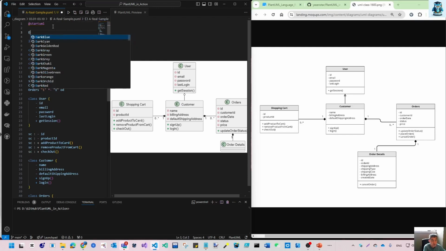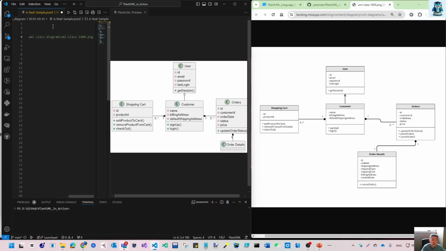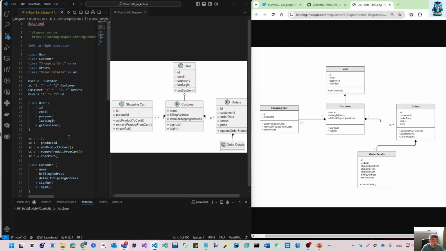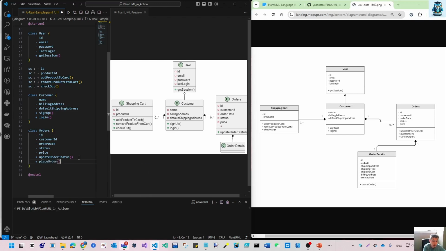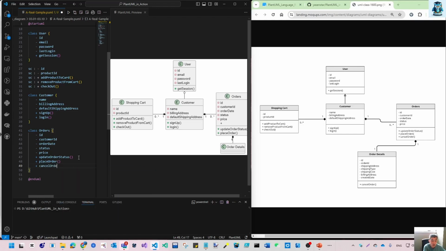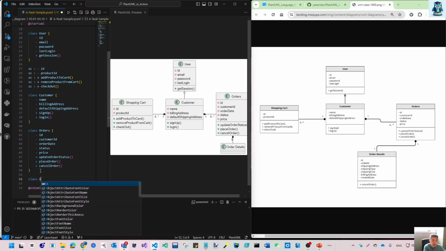diagram source. So I put that here. Then you can use this when you look at this code. So update order status is one public method, and also place order is the second method. Then we have cancel order. And let's move to the last,